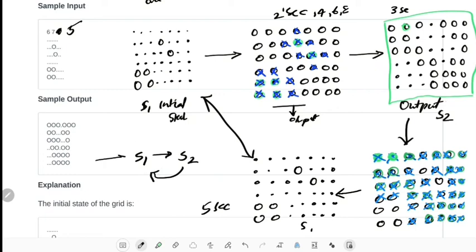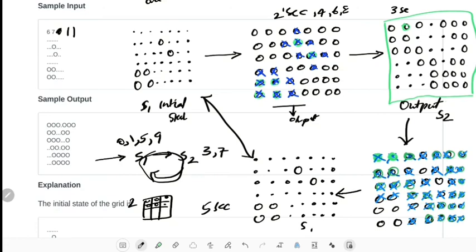So let me draw a graph here. At time 0, 1 it will be the same as the initial state. At time 2 it will be entirely filled with bombs. So I am ignoring the even cases. At time 3 this will be the state. At time 5, at time 7, at time 9, it goes into a cycle. So we can stop after computing these two states. Even if the input is given as 11, we can directly use this cycle.